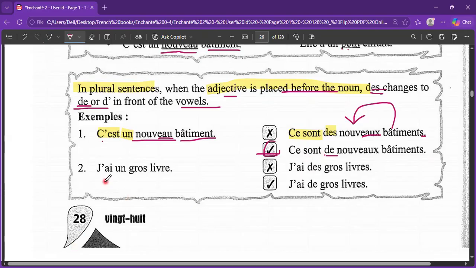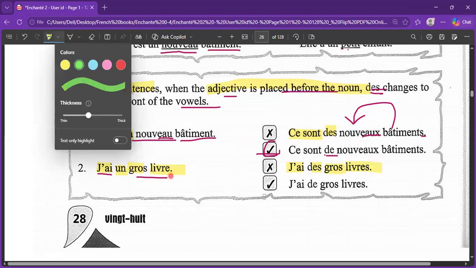Similarly, we have one more example. J'ai un grand livre. I have a thick book, or I have a big book. J'ai will remain j'ai only. Un should have been changed to des, according to our simple rules. Grand would not change because it already ends with S, and livre would take S. But this is not correct.